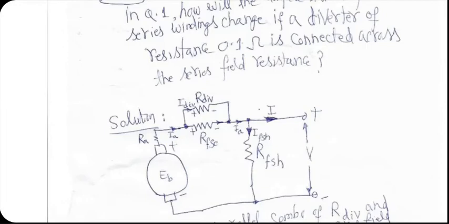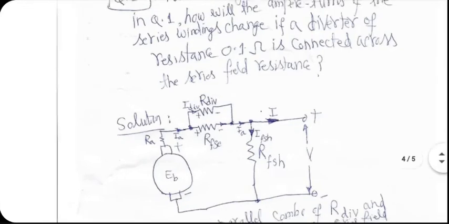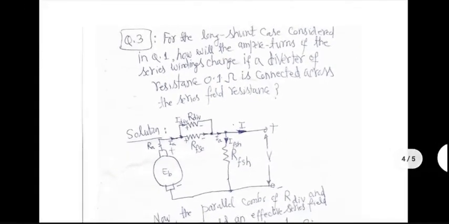That will reduce the current in the RFSE, so that will change the flux. That will reduce the flux, so EB will go down. But to come back to the same EB, you will increase IFSH by reducing RFSH, because IFSH is simply V divided by RFSH. So in real life you keep playing with RFSE and RFSH values to maintain the operation safe enough and optimized enough. Compound winding is always much more preferred compared to shunt winding or series winding, because here you have got flexibility to change RFSE and RFSH.